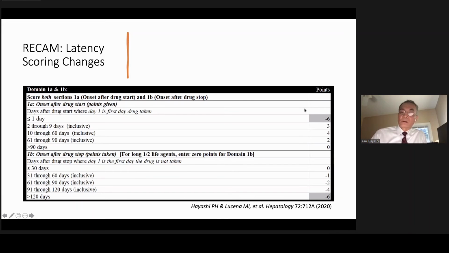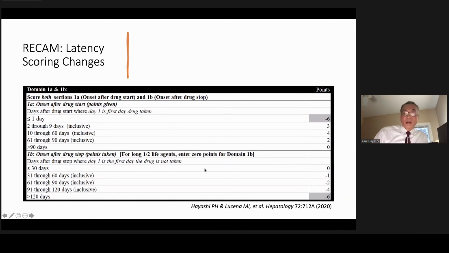But we also added this thing. Dr. Lucina was very astute in pointing out that we should have these stop points where if something is really quite completely inconsistent with DILI, then we should have the computer warn the user saying, hey, this is probably not DILI. You should not go on. Just stop and give your case a -6. Or if you go on, we're going to penalize you -6. And these are peppered throughout the tool.